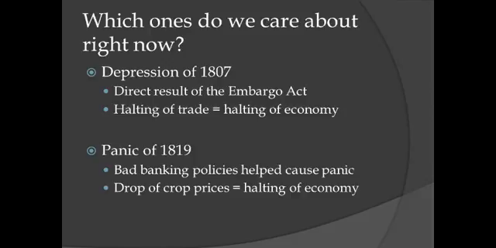Then we have the Panic of 1819. So what was that all about? Well, some really bad banking policies helped to cause the panic. You have a lot of speculation. Then we have a massive drop in crop prices. And because we're still largely based on farming, this resulted in a halting of the economy, because since the farmers